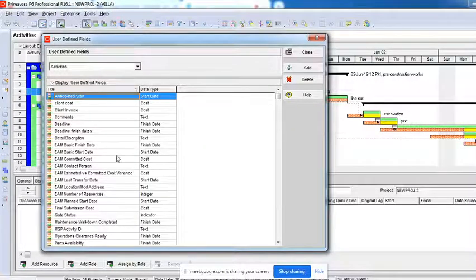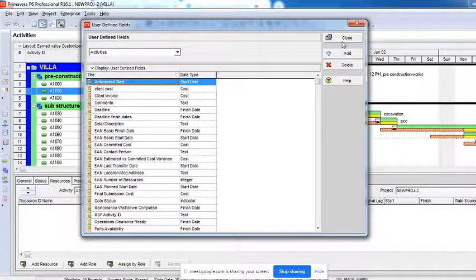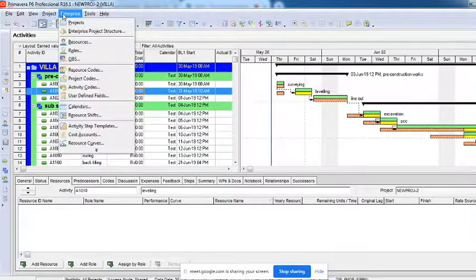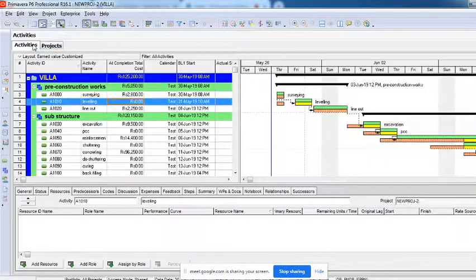In this user defined fields, the question arises, where do you want to create this column, or where do you want to see or insert this column? When I say where, into which page? Because you know that we have an activities page, a projects page, a resource page, and so on. We have a lot of other pages, issues, expenses. So for everything we have a new page. Right now I'm in an activity page. I want to insert a column in the activity page, or in the project page. So you'll have to decide that.